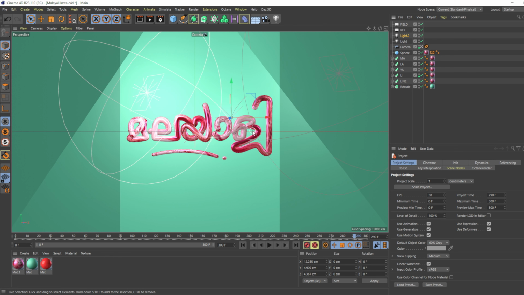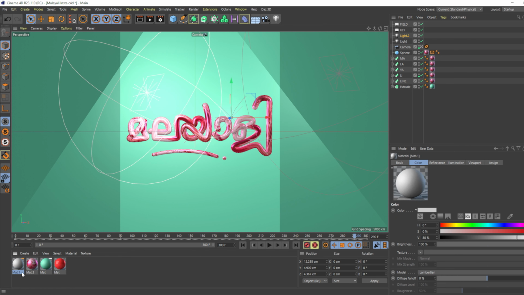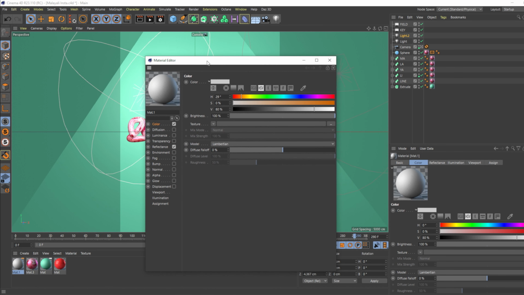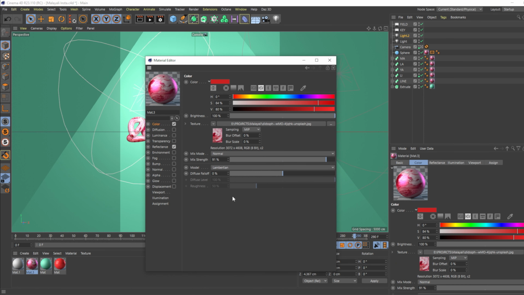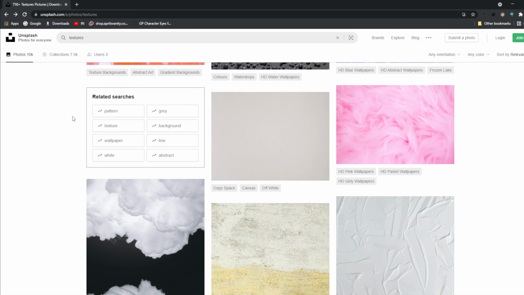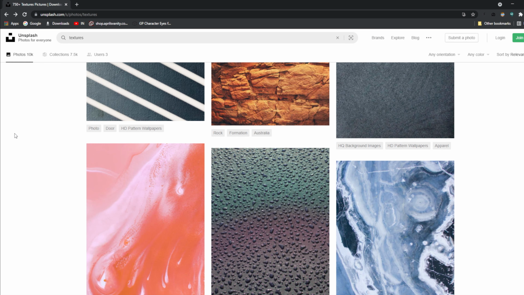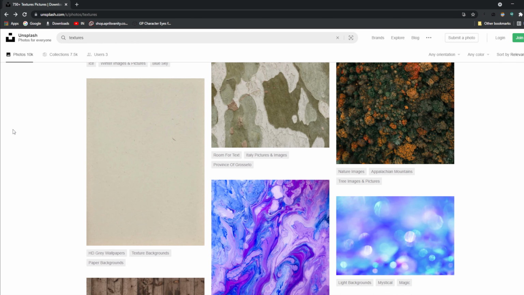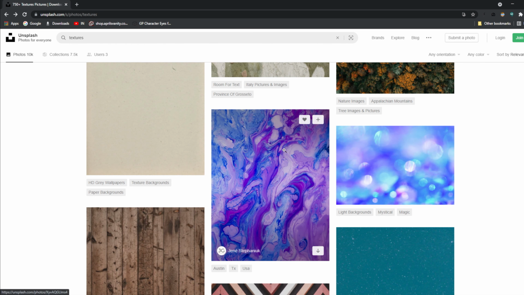So let's get into the texturing part. For a new material, I'm double clicking here in the material section. A new material is loaded in. For the color channel, I am using an image which I have downloaded from Unsplash, which has a great collection of this type of textures, beautiful images. So let's choose one for now. We can go with this one.